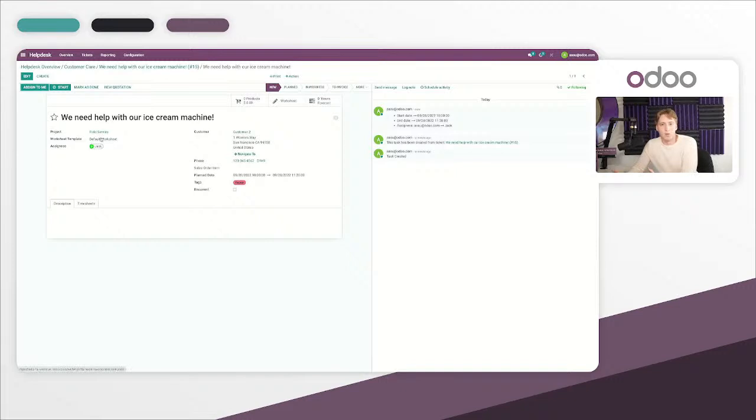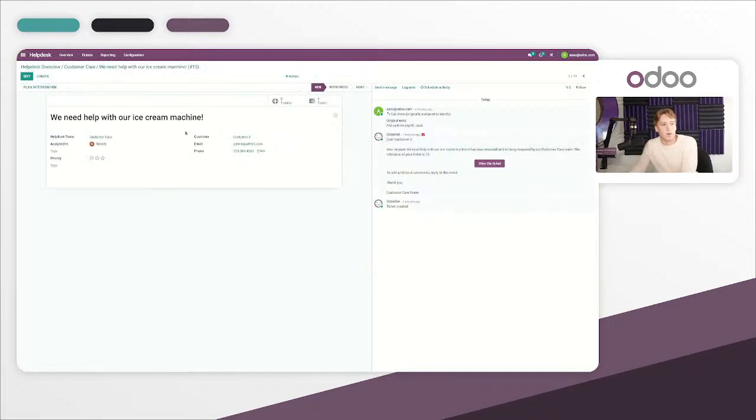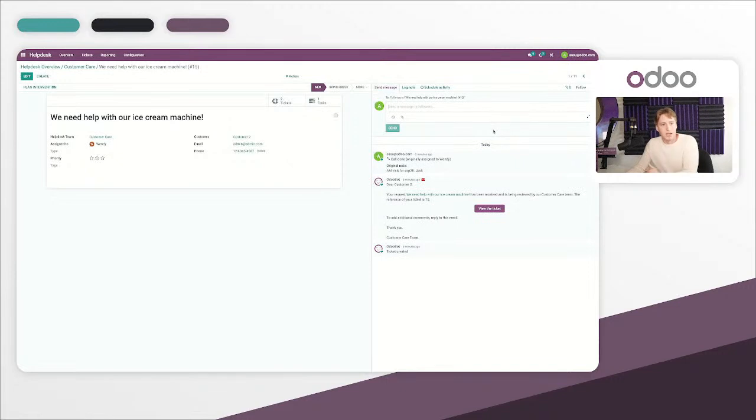So the last thing that Wendy has to do is she has to send out a confirmation email to the customer itself so that they know that Jack will be coming. So we can easily click on this, and then we can create a confirmation email right here and send it directly in the chatter. So what she's going to do is she's going to send message,